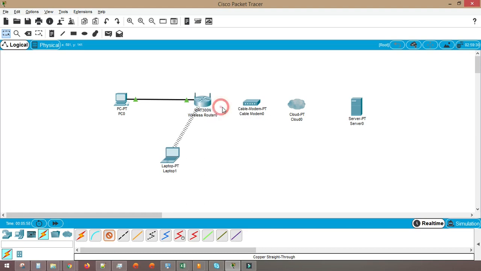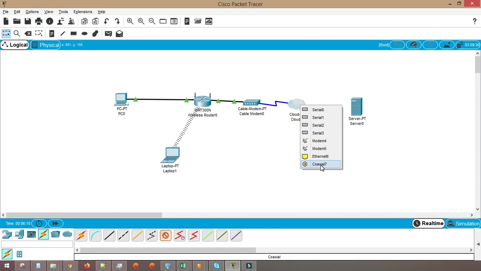On the cable modem, you have to plug into port 1. And from the cable modem to the internet, you have to use the coaxial cable, from port 1 to